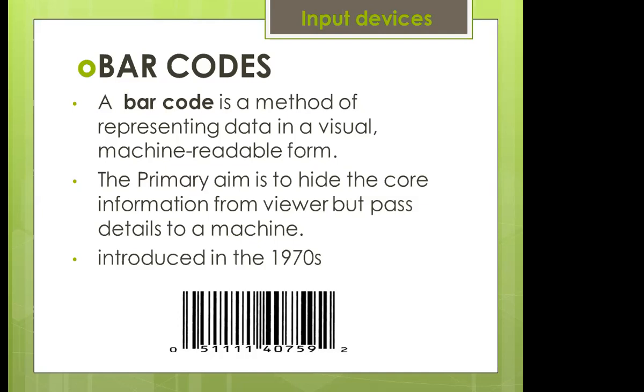How does a barcode look? You can see vertical lines on the bottom of this slide, and there is a number. The first question that arises in our mind is, why are there lines and numbers in this way? Actually, the exact information is translated in the form of these bars, and below there is an alternative code to approach that information. How and why, we will see in the next coming slides. So let's move.